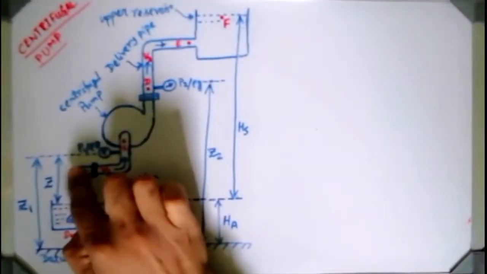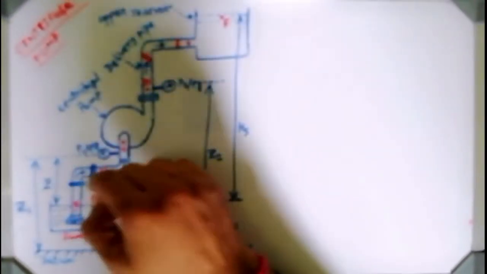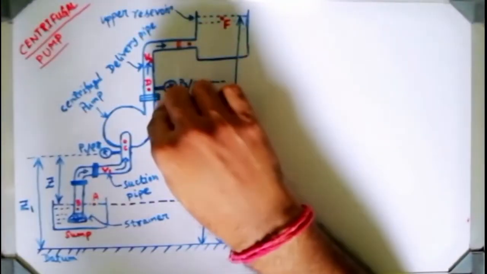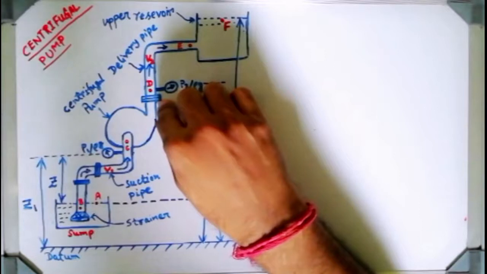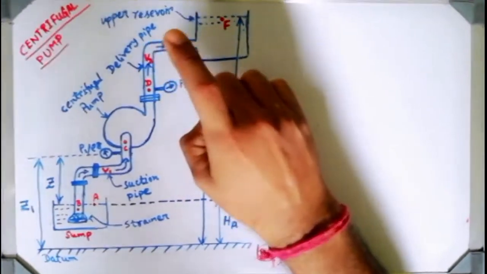You can see a right angle bend is there, so obviously some pipe fittings will be needed to get this kind of right angle bend. These blue colored things are basically joints. That same kind of thing I have placed over here also, because the delivery pipe is connected with the pump, so here also one joint will be there. Every joint, every fitting causes some losses, mind it.